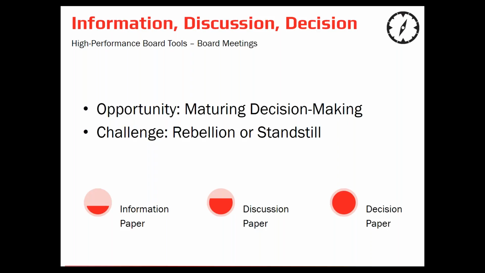The next step is, once you've given the board a bit of information on an area, perhaps it's a new piece of technology that's relevant in your market, the next type of paper is a discussion paper. And that has a little bit more robustness to it. It says, here's more information, and here are the 3 important questions we should debate and discuss as a board. And here's why we should discuss them. Okay, so the information paper leads to the discussion paper, and the discussion paper then leads to the last paper, a decision paper.